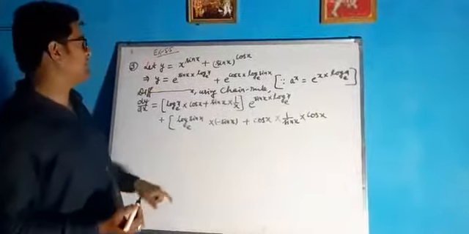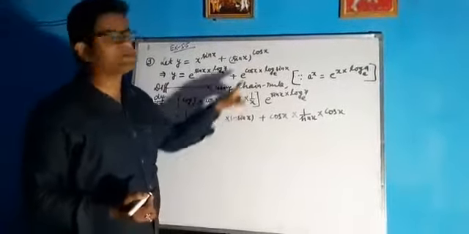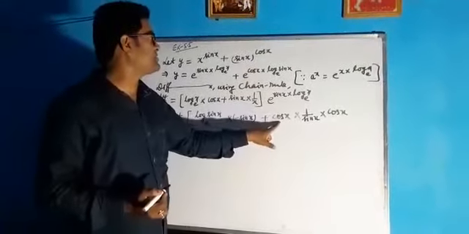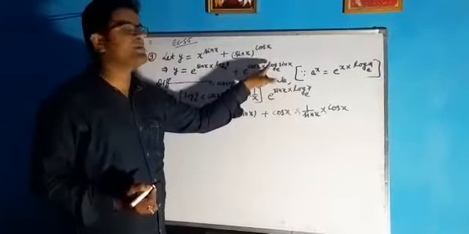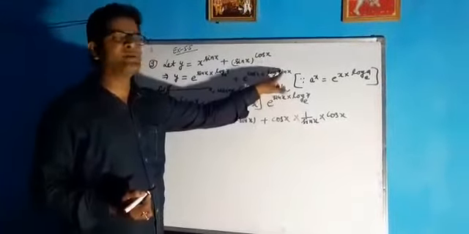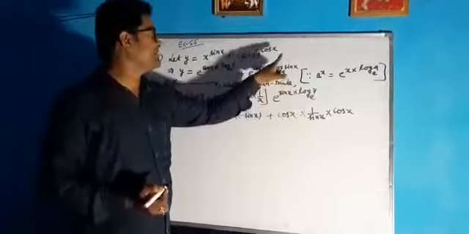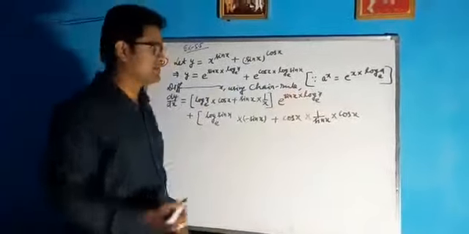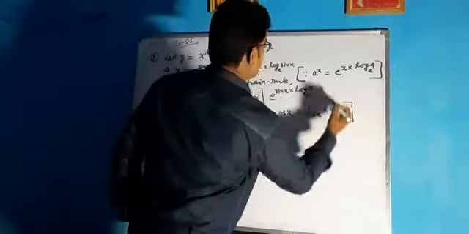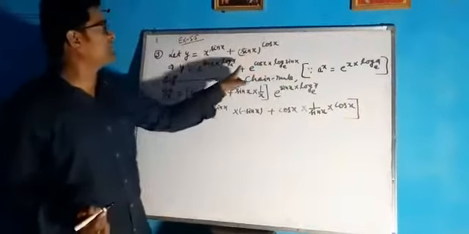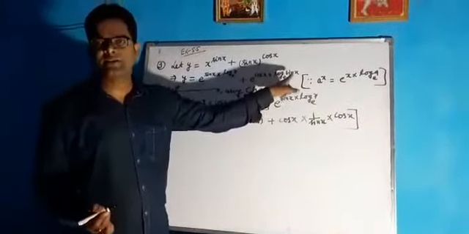See how I have done it. Second function, derivative of first function. Then first function, derivative of second function. In finding the derivative of the second function, log sin x, the derivative of log sin x is 1 by sin x. And then the derivative of sin x is cos x. Now, the derivative of this with respect to cos x log sin x is this.